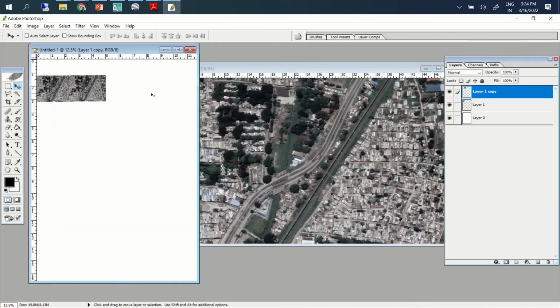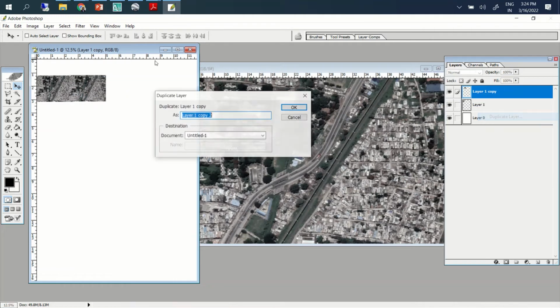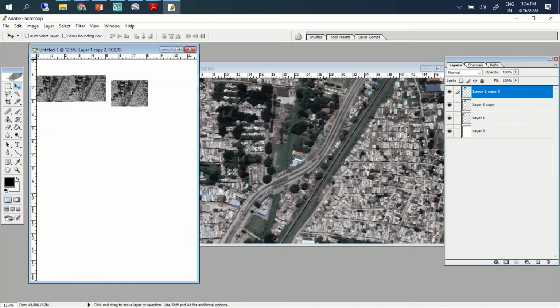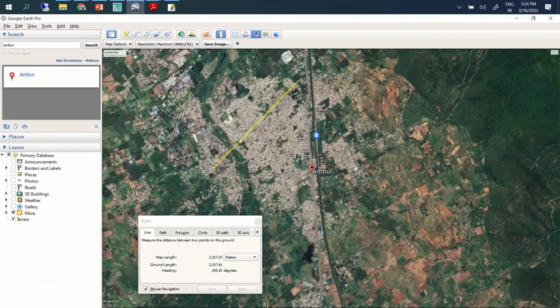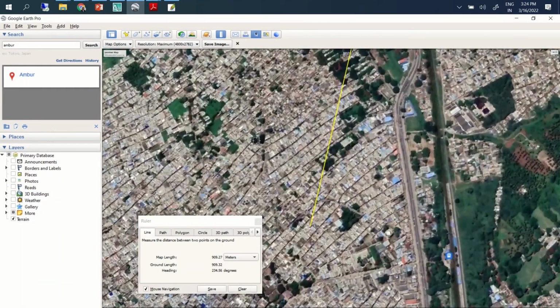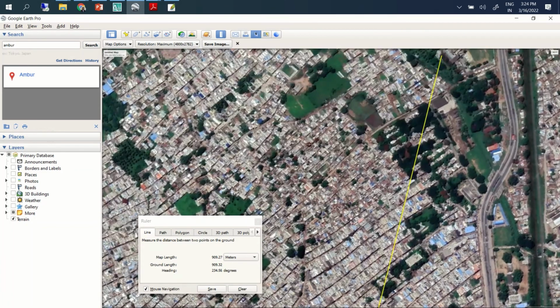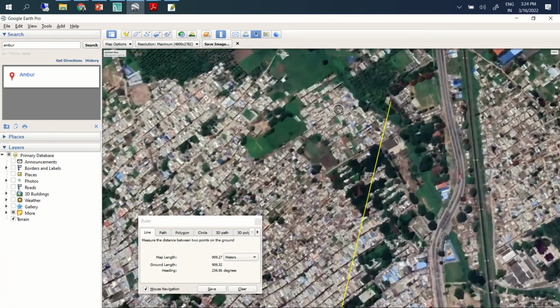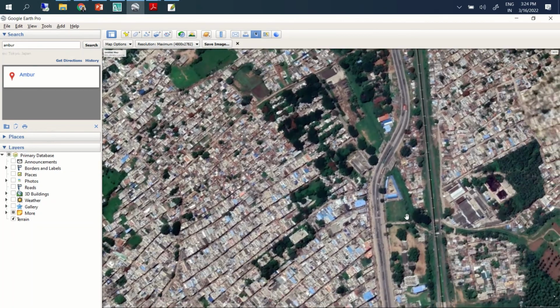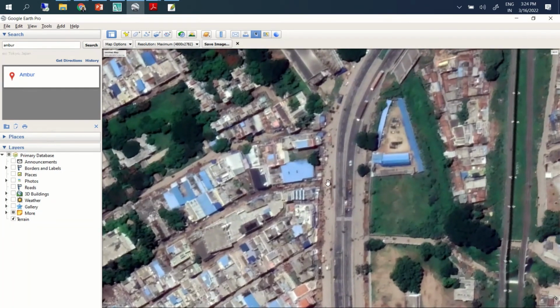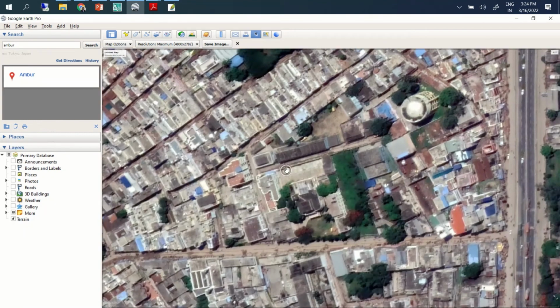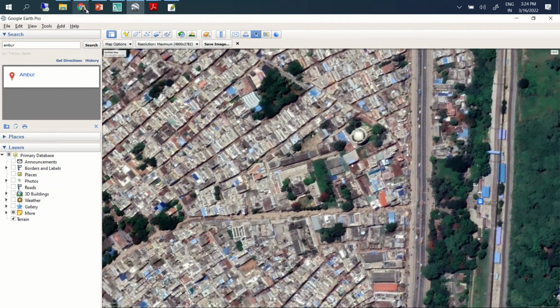We should have 10 images like this, smaller areas, and make it as one collage, sorry, one image, and then that can be used for digitization. The more grids, the better it is, right? Because we'll get to see more clarity if you zoom in further. That is one thing.